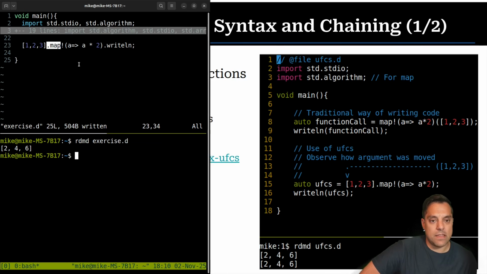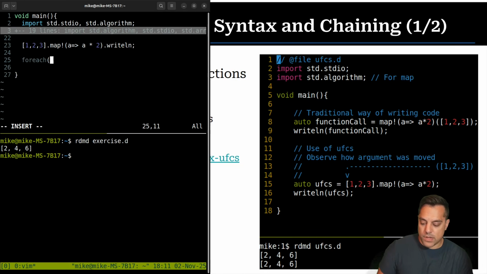Map you can kind of think about as a tool, if you're not familiar with it in the functional world, as an ability to, you could probably replace most of your loops with map. That's kind of what we're doing when I have a foreach loop, right? I could rewrite this as foreach, let's see, value, 1, 2, 3, you can pass in a range, something like this. And then we would just write, let's just do right here.